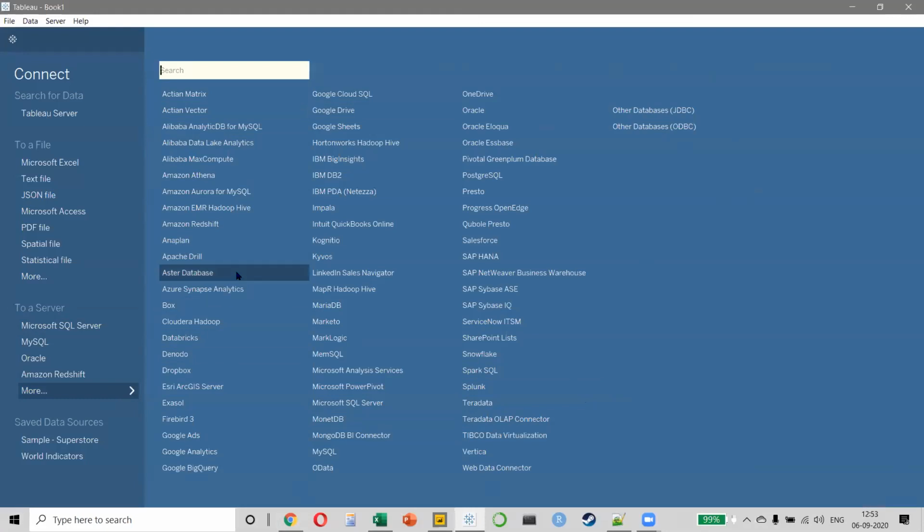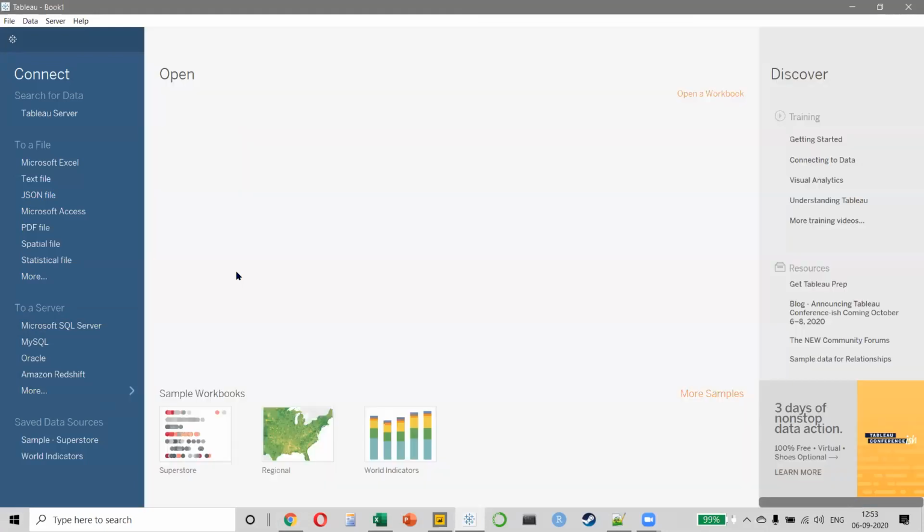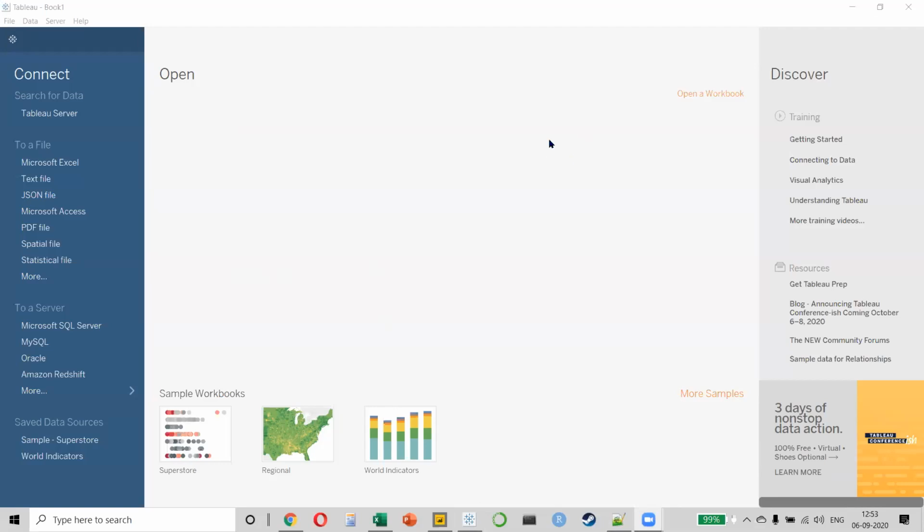Is it better than Power BI? It depends. There are certain areas where Power BI is better. There are certain areas where Tableau is better. But typically there is a conception that Tableau is much better working with big data sets. Power BI, on the other hand, can also work with big data, but Tableau is much better, right? I'll just put it like that. But fundamentally, both of them are comparable. So there isn't a lot of difference between them.